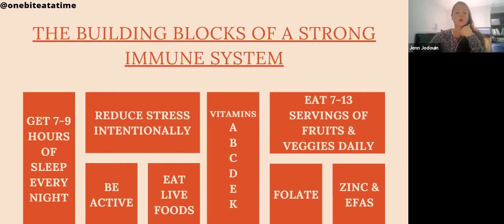And probiotics. So eating live foods, those are foods rich in probiotics. So they're cultured foods. It could be yogurts, fermented... Sorry, I'm having a brain slip here. Sauerkraut, okay. Fermented veggies of any kind, even kimchi, kombucha, kefir, all of these are foods that contain live probiotic